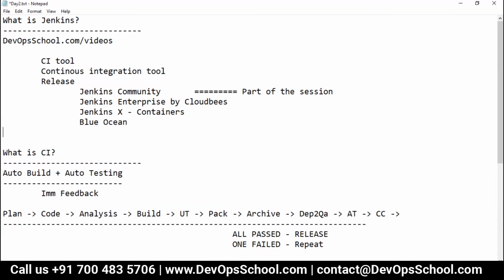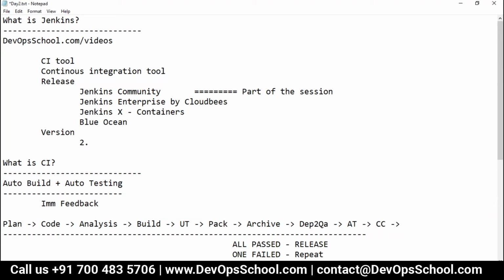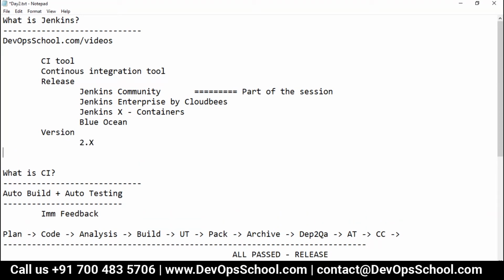Now guys, this version is 2.x if I'm not wrong. And this tool is written in Java. The moment we say Java, we know this tool can be installed on any platform, because Java is platform independent.